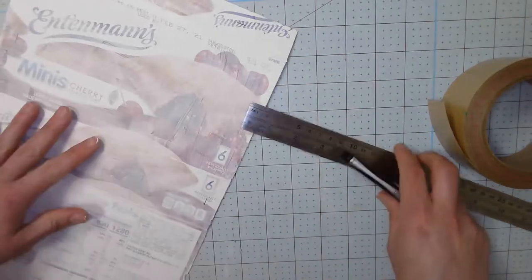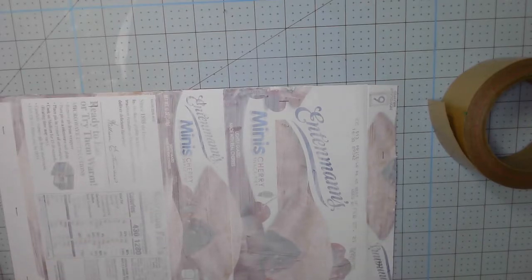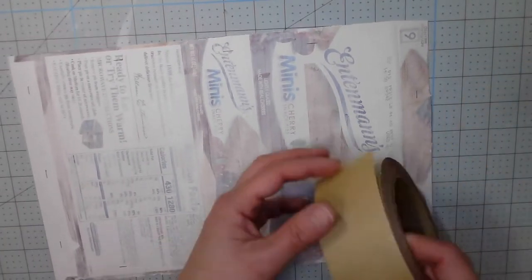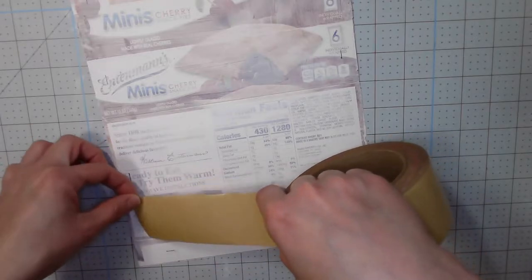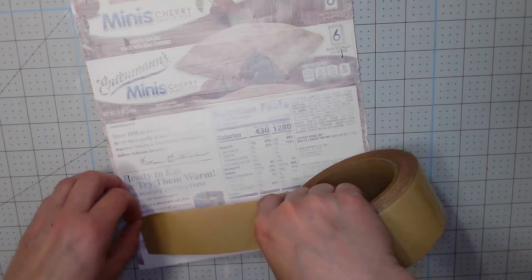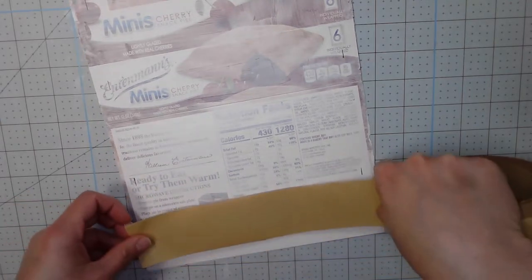Okay, now I'm just going to do Carpenter's tape. So we're going to get going on that right now. We're going to get started putting the tape on. Doesn't matter what side you start on. I'm just going to flip this sideways. So based on where my line is, and just remember, once you put it down, it's pretty much